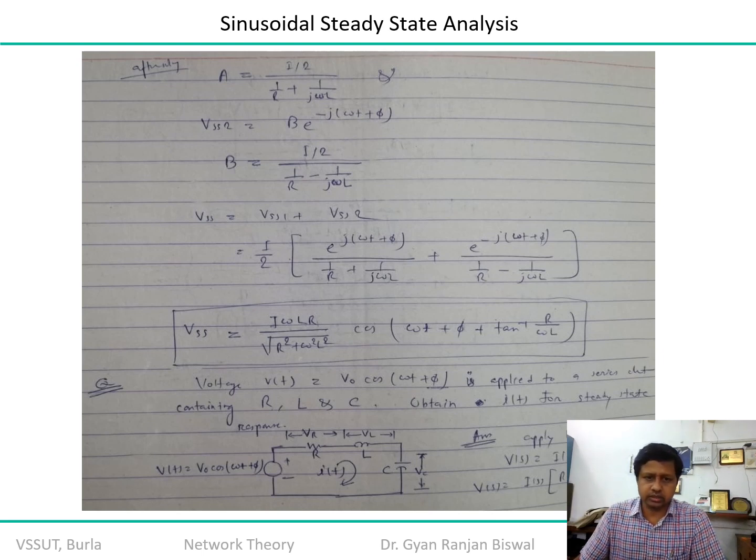So you have a series RLC circuit, and the voltage drops are VR, VL, VC. You can assume it, or maybe it is given in the circuit. The source is a sinusoidal source and its magnitude is V naught. DC magnitude is V naught, and the factor is cos of omega t plus phi. There is a phase delay, omega t plus phi. So remember, it is always a phase delay signal that is given. Take a couple of minutes of time, and I hope that you will be able to solve it.